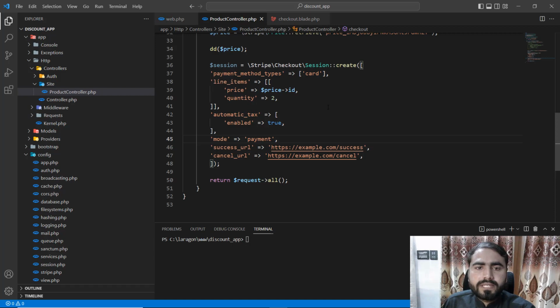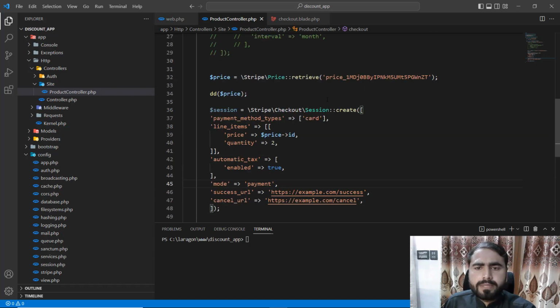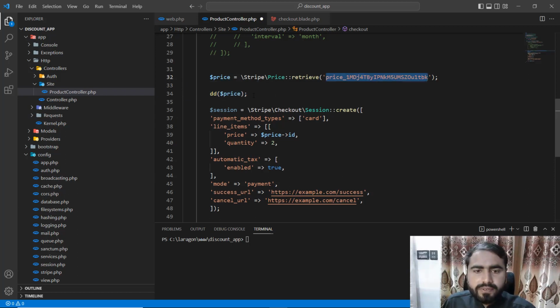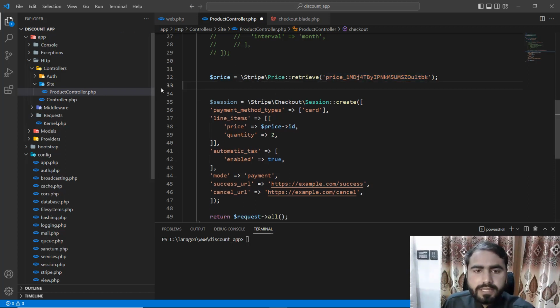Hello everyone, welcome back. In the previous video we talked about how we can create the price in Stripe, and how to retrieve the price from Stripe, right? And we are successfully able to do this. So let me roll back the price, and here I'm going to now pass this price ID here in